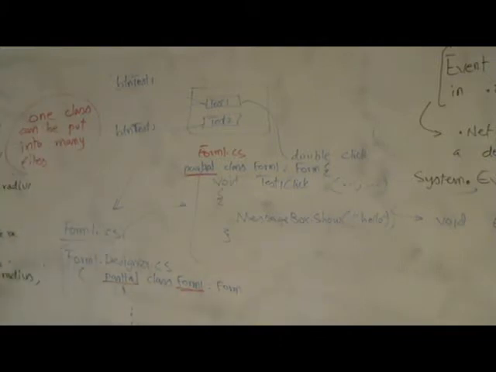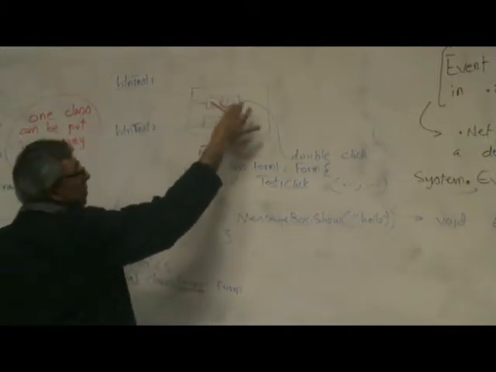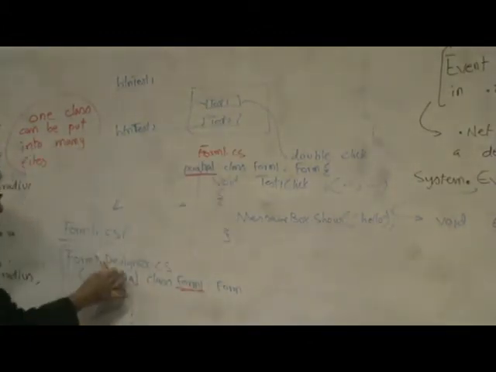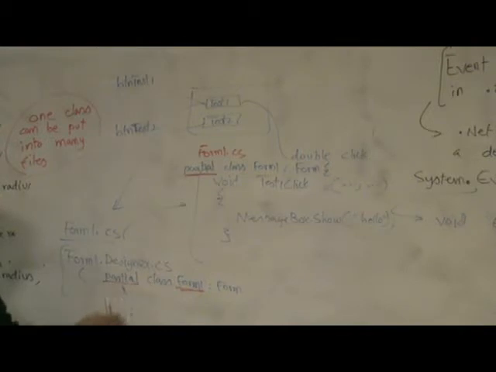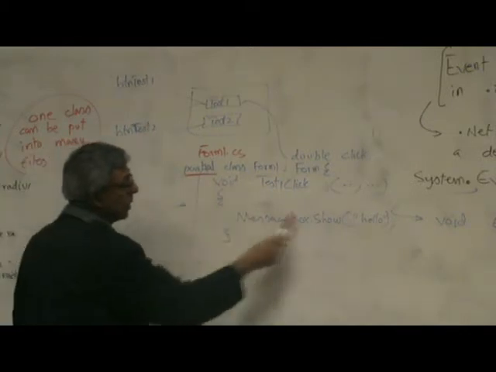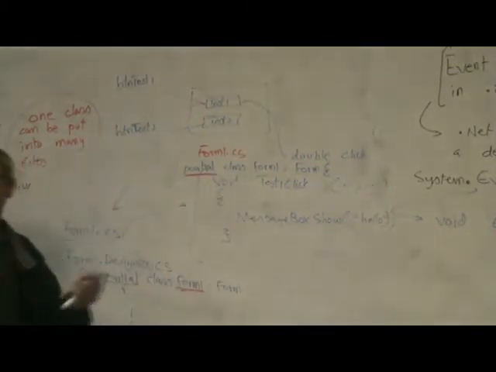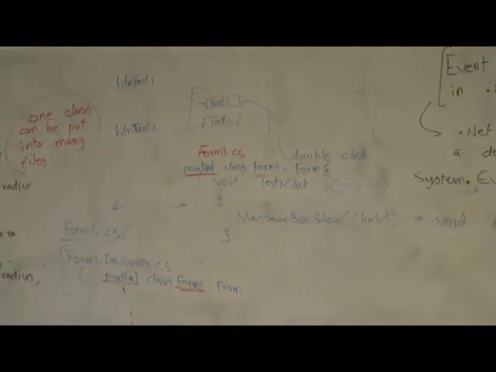So this way, whatever visually you are putting over here, whatever properties you are setting over here, Visual Studio will keep generating the code in this file. Our code is really the event handlers, so we can just focus on the event handlers, and that's why it's put in a separate file, and it's a lot cleaner. Okay, so anyway,